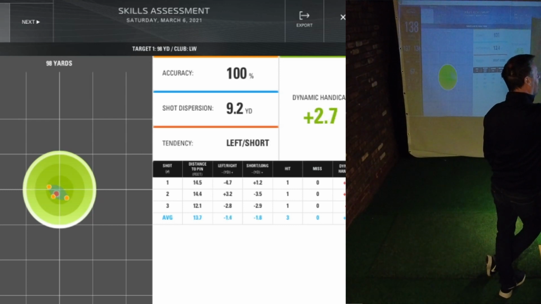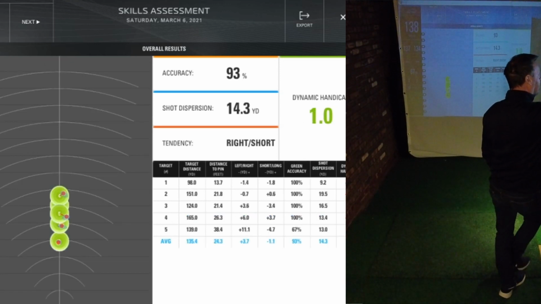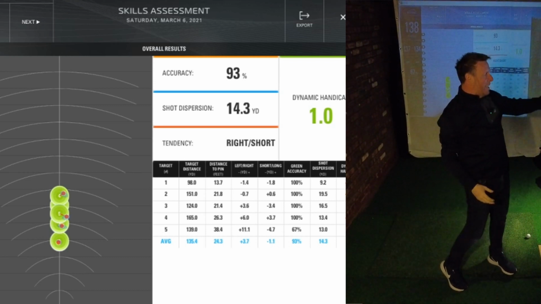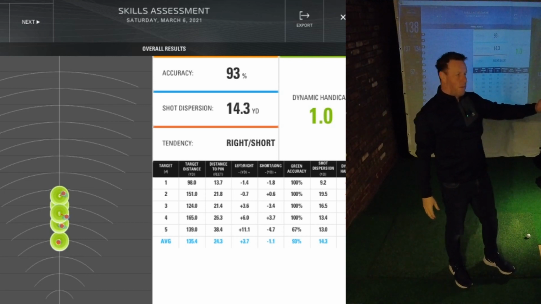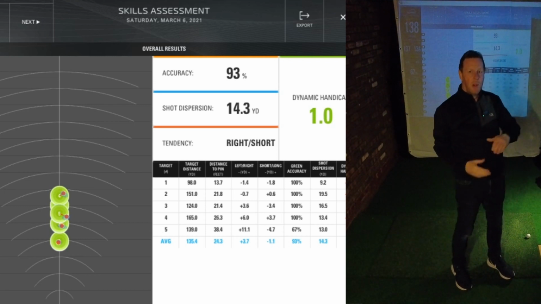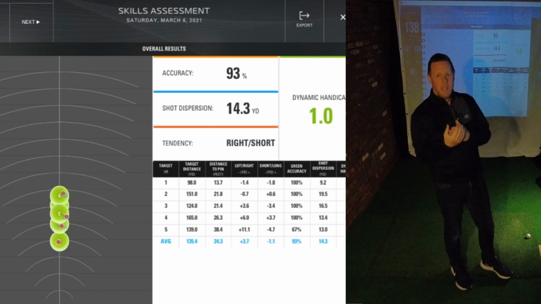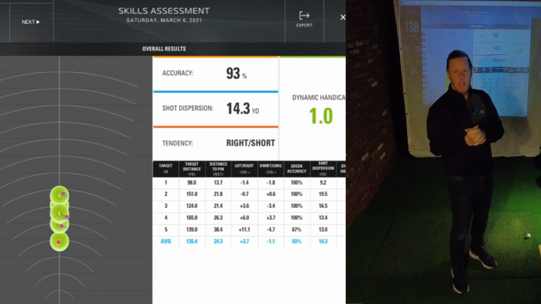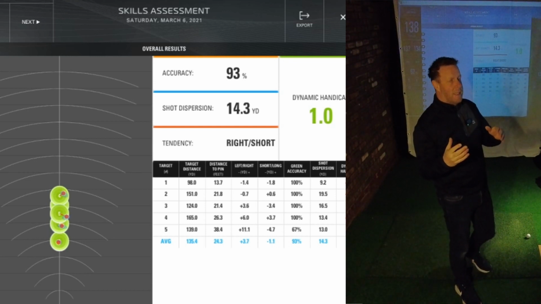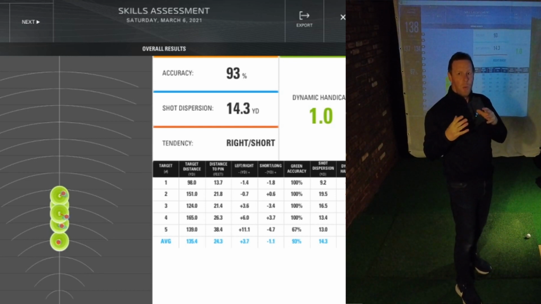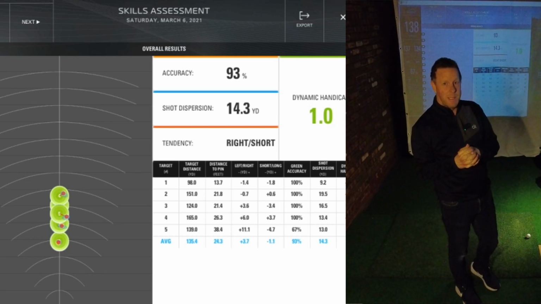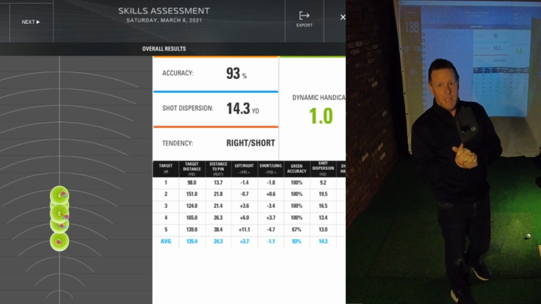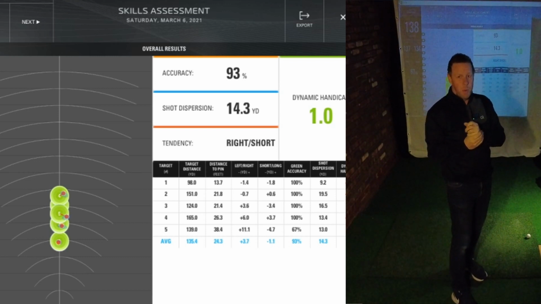But like I say, this is a fantastic tool. I'll do long sessions in here. And it's this overall first page that I use as the real barometer. It's that dynamic handicap score that it gives me for my overall session. You'll put in longer clubs like hybrids and maybe not so much a 3-wood, but certainly longer irons and stuff. And it really is a great barometer for letting you know where your game is at that present time. So we're going to be getting back out on the golf course on the 29th of March. Every time I do one of these, it's telling me that actually my game is in a pretty good place